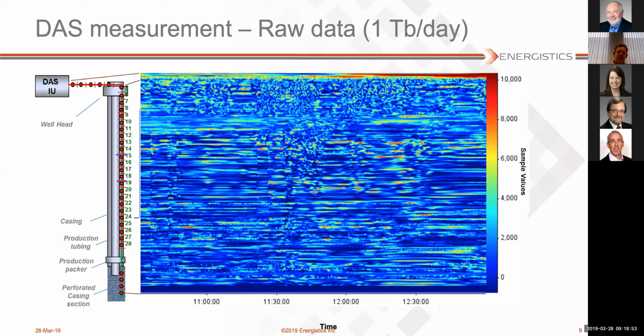So on the vertical axis, we basically have depth along the well, or travel time along the fiber. On the horizontal axis, we have the times. And this is basically an amalgamated plot of 2.5 hours of raw DAS measurements, which would represent about 100 gigabytes of raw data. So that's what we actually want to store in our Exchange format.